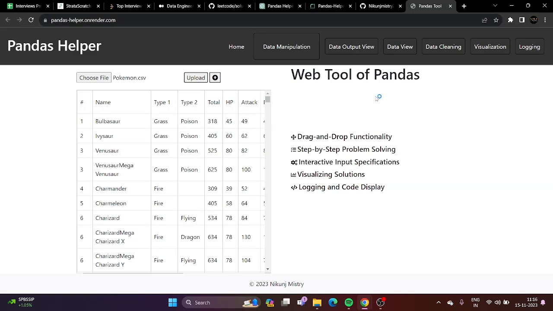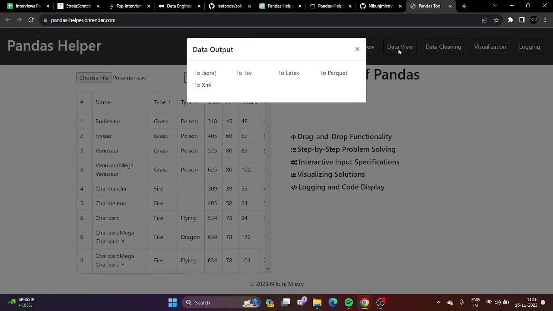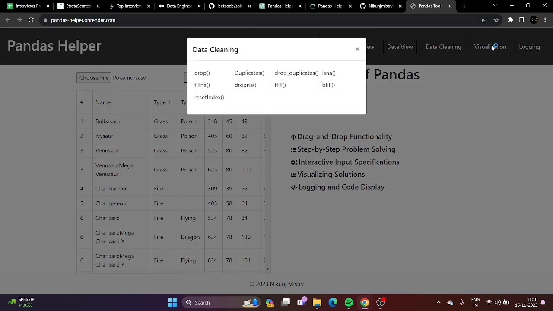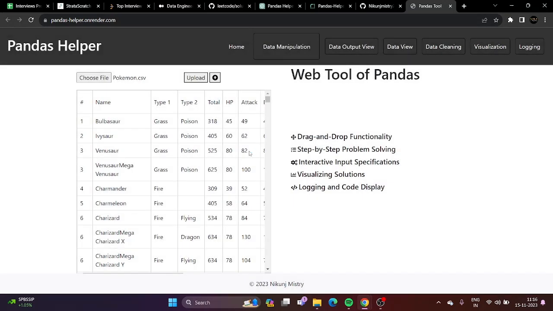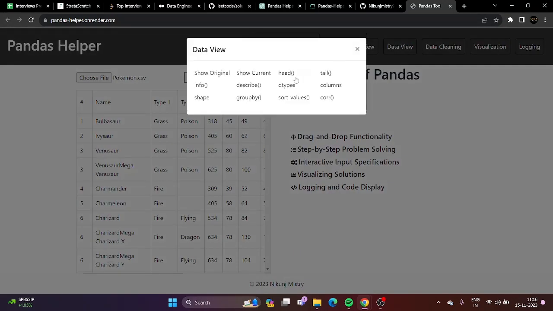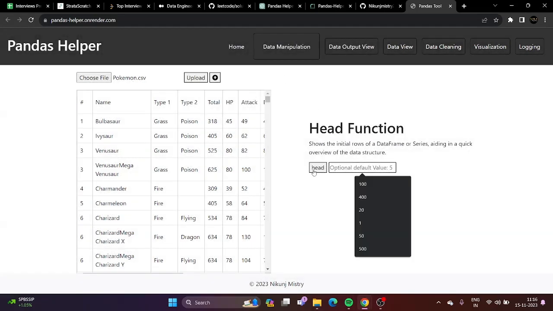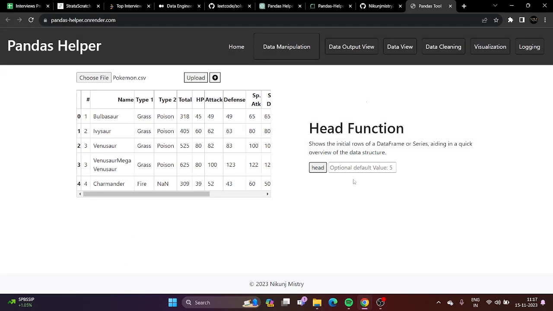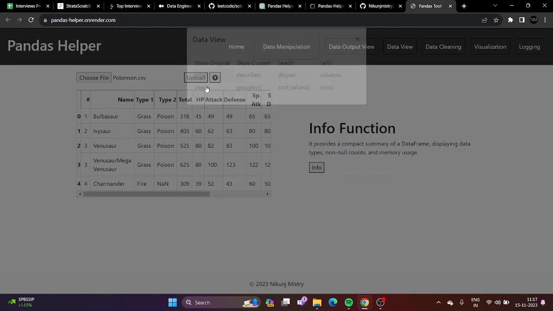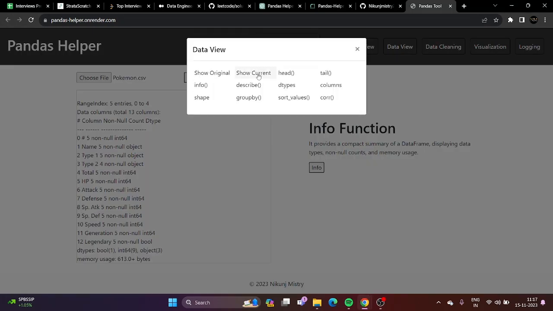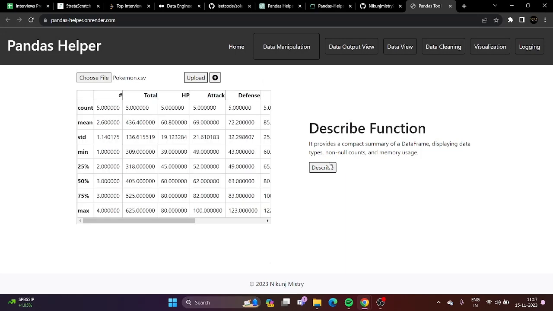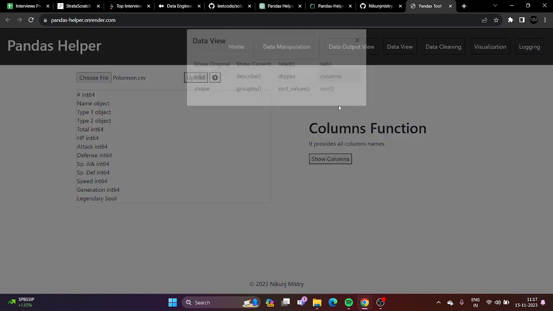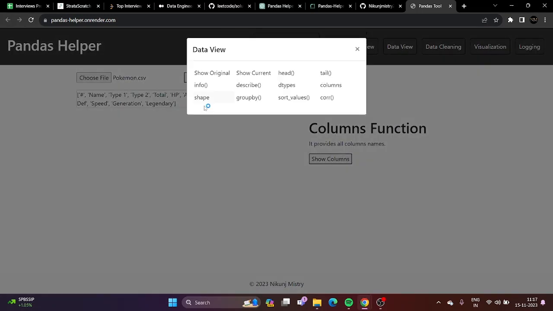I have categorized the operations into categories: data manipulation, data output, data view, data cleaning, and visualizing. I will talk about some, like the head function. You can just do a head, and you can see only 5 values came, right? Now on these 5 values, if I want to do info, I can do info, then describe, then dtype, basically to know the data type of the columns, then columns, the column names in a list, shape,